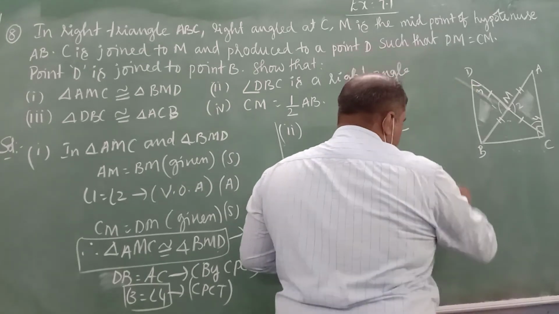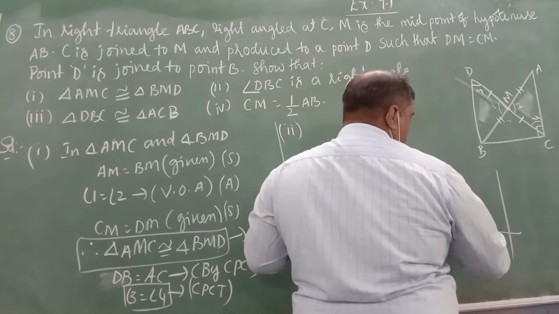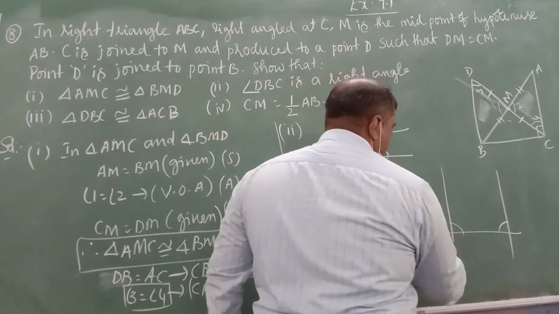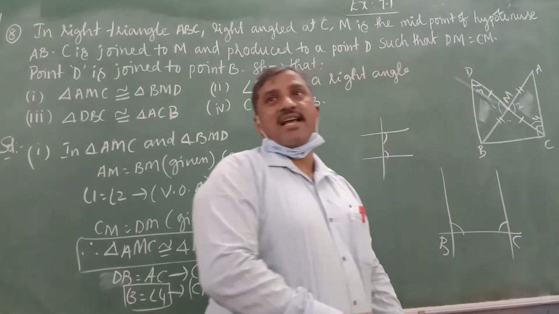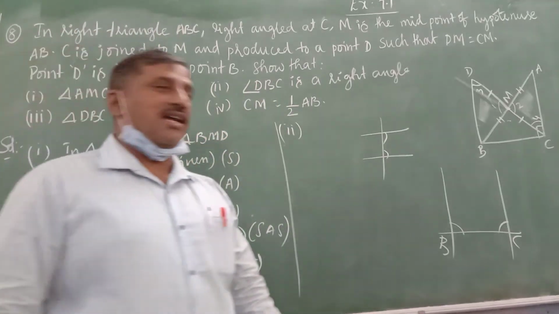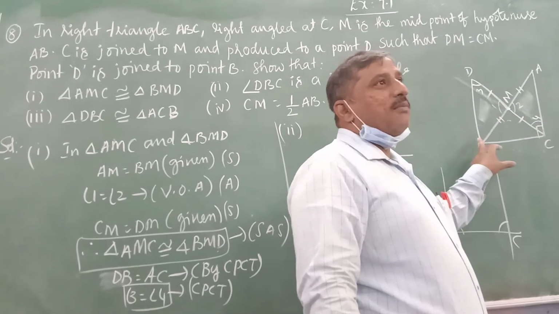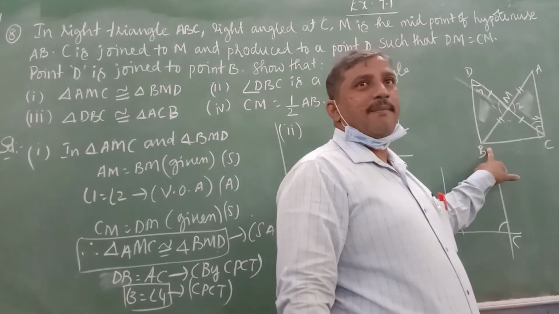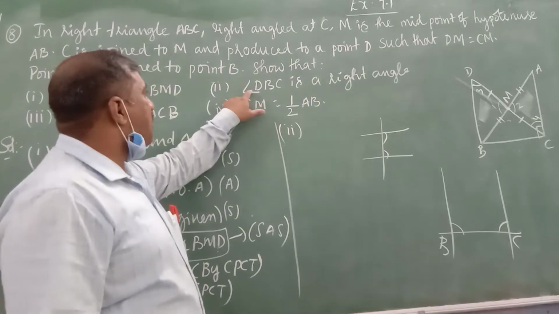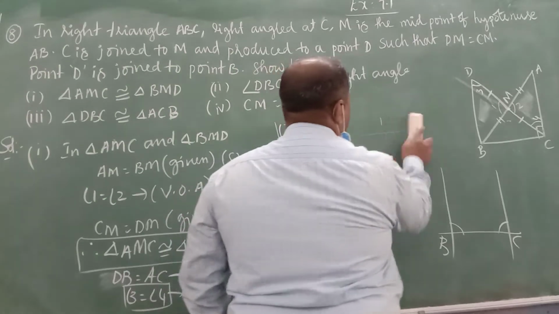Now here BD and AC are two parallel lines. What about these two angles? They are co-interior angles or not? The same figure I have drawn. This is B and it is C. They are co-interior angles. Co-interior angles are supplementary angles. Now it is given angle C is equal to 90 degrees. Then how much will be angle B? This angle B will be 90 because the sum of these two is 180 degrees. The second one we proved on DBC, that is angle B is equal to 90 degrees. Like this we will prove that.